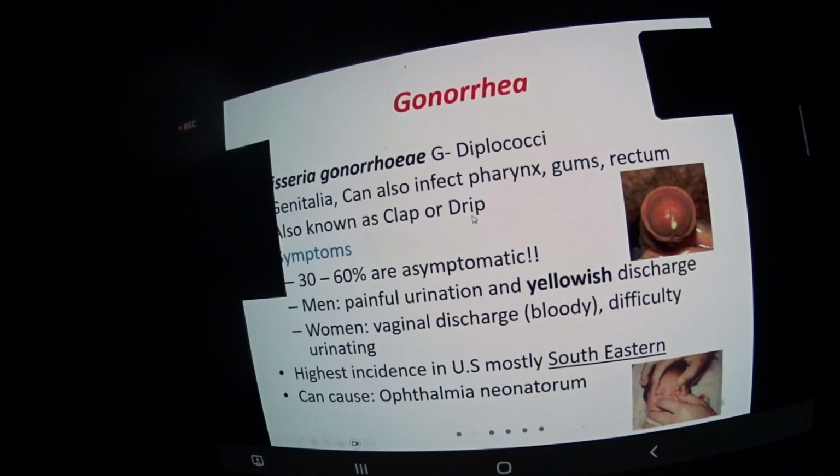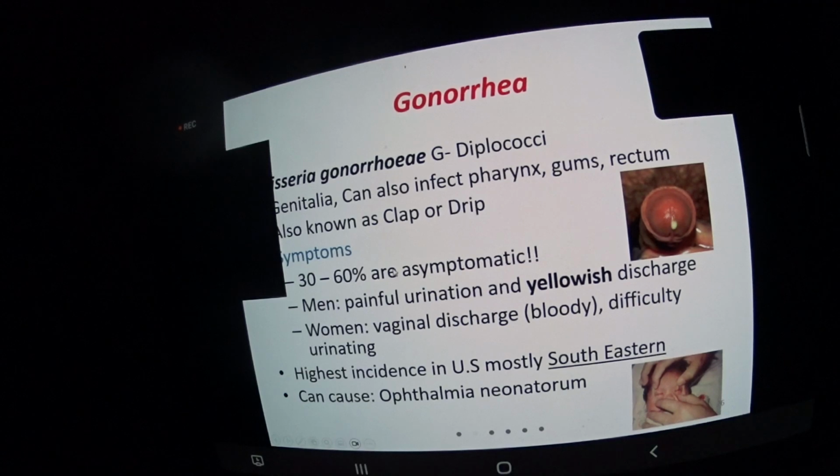The reason it's called one of these, especially drip, is because of the symptoms that males have. You have an image here: the continuous secretion of a yellowish discharge from the penis. Males are totally different than females. Females always have a discharge of some sort through their reproductive system, but males do not. So that's basically why they call it that.